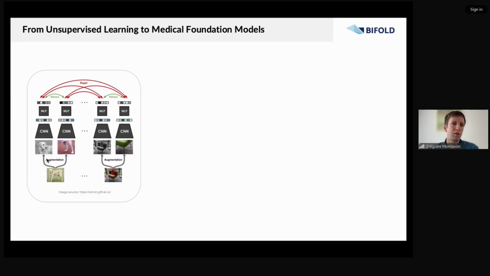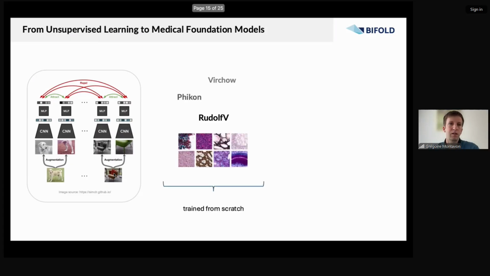So here we have, for example, a dog. You crop the dog to only include some face or legs. You also do some color transformation, and then you ask whether these things are similar or not. And you basically define the objective as retrieving, or attracting, or basically pulling together representations of the different views of the same image and repelling views of two different images. So there are many different methods that are based on this principle, and they have been instantiated in the context of pathology for learning representations of histopathological images.